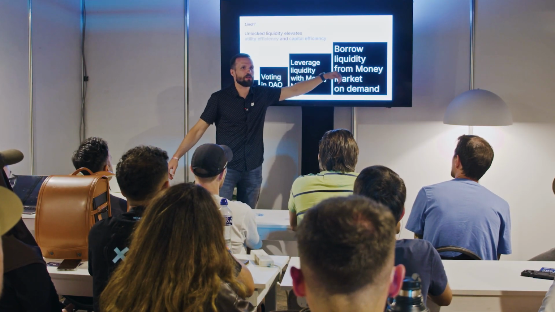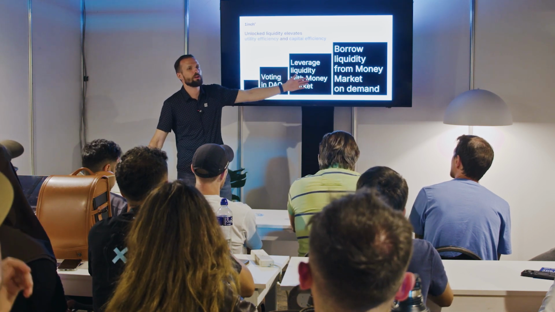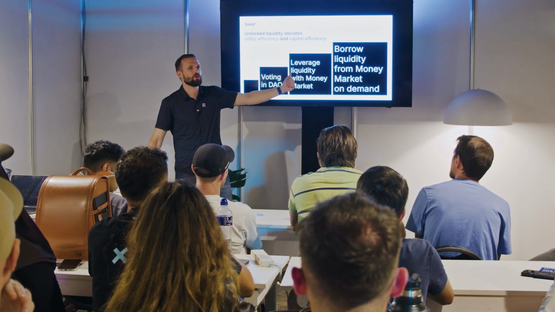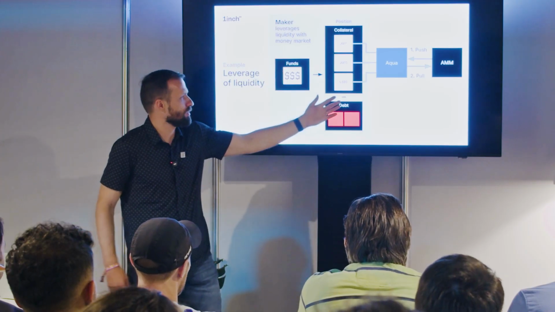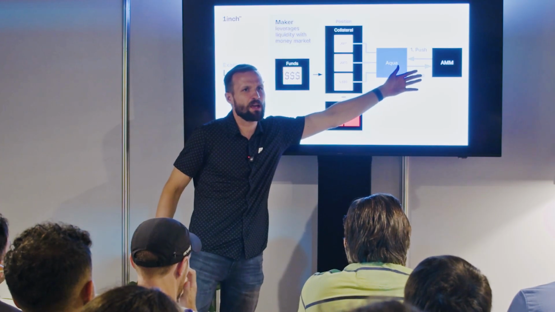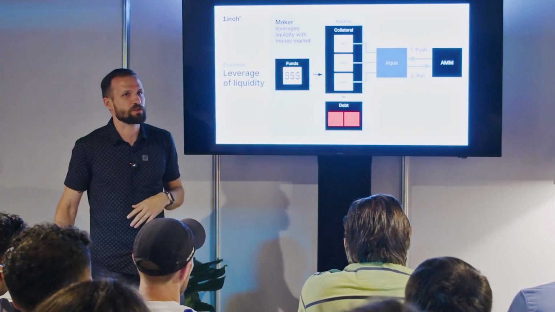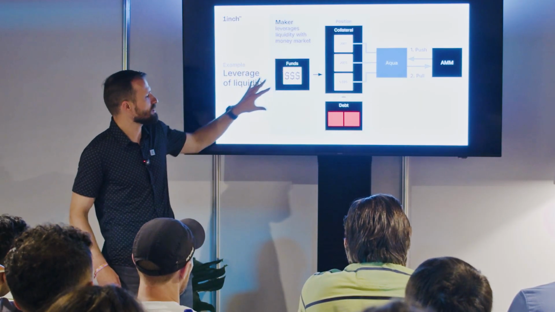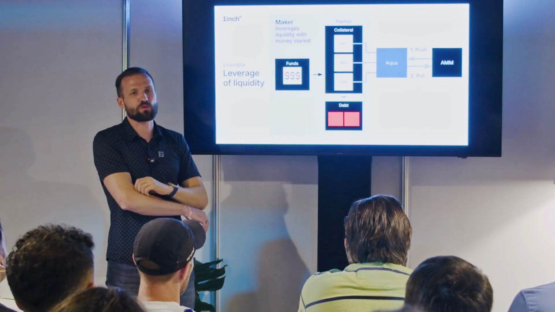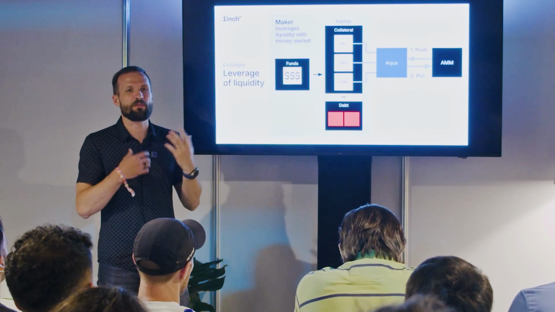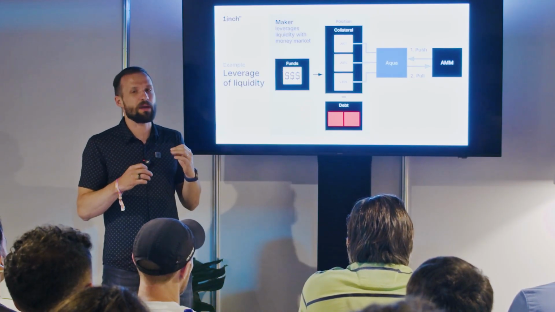Yeah, this is possible, but to achieve this as a user, you have to use a smart wallet or at least 7702. At the moment of the swap, you can have hooks in an AMM as a maker, and you could borrow on demand. That's possible. But here is, for example, a scheme of how a money market can be used. There are some projects that let you leverage your liquidity for a money market or for AMMs.